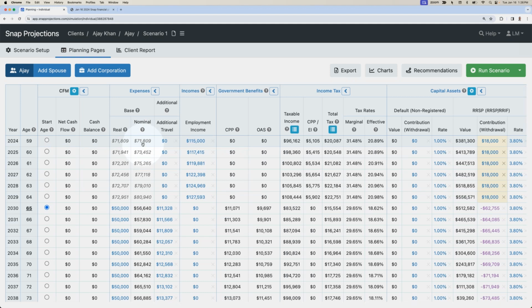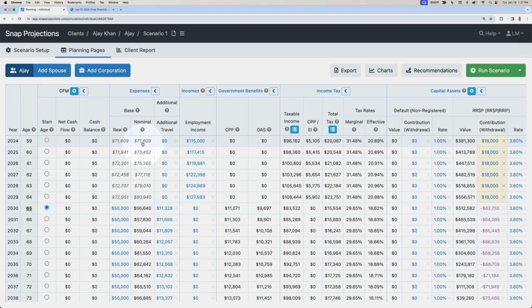This is now our initial projection, our base projection with very simplified assumptions and missing client data, but it serves as a starting conversation to explain to AJ how we'll be able to use the information that he gathers for us through the client questionnaire to start answering his questions and making very informed recommendations about his next steps.